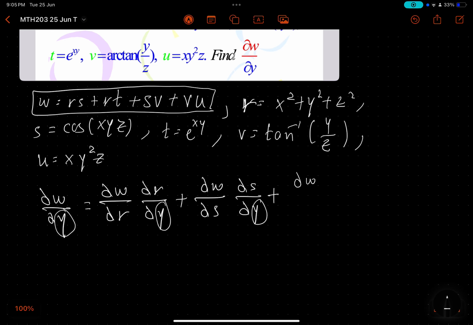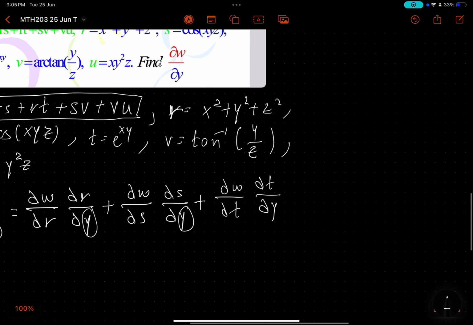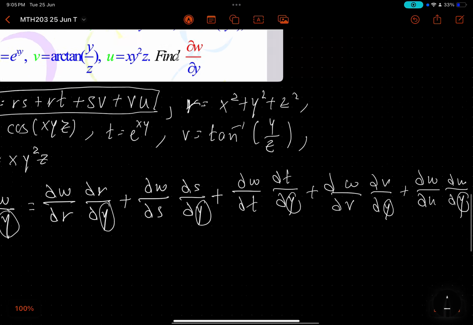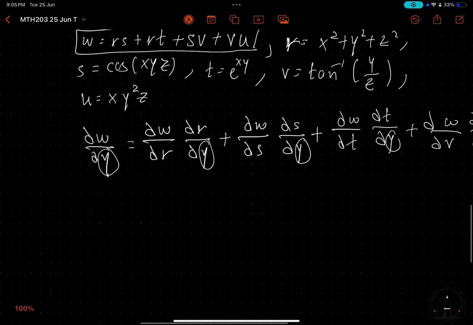The partial derivative of w with respect to t times t with respect to y, plus w with respect to v. Whew, this looks like a whole mess. We haven't even started. See here, it's all y's. Anyway,